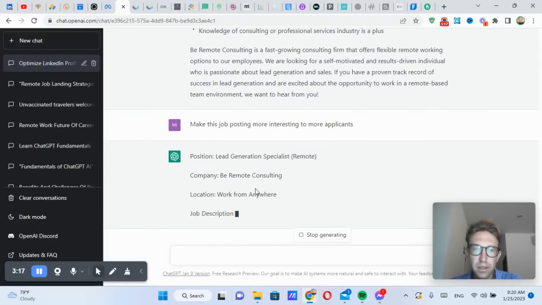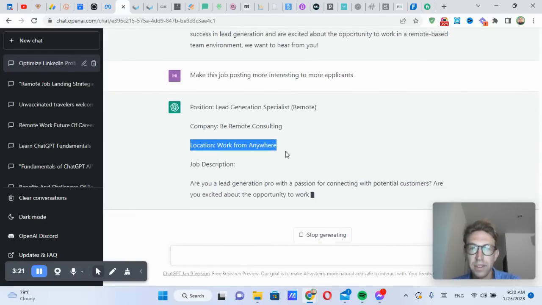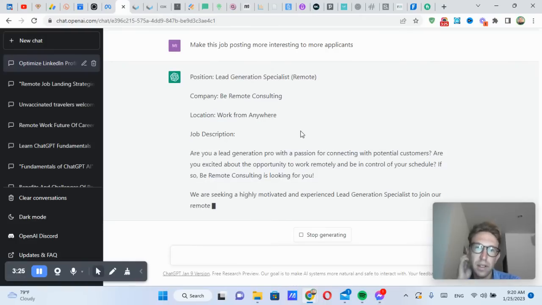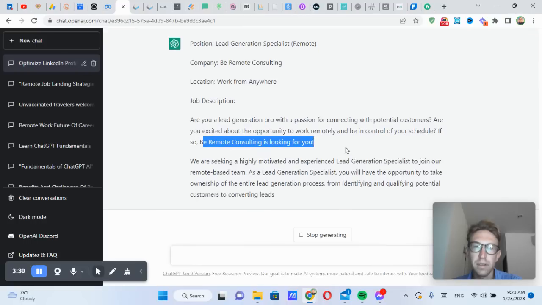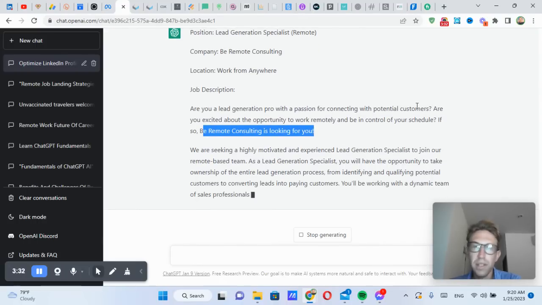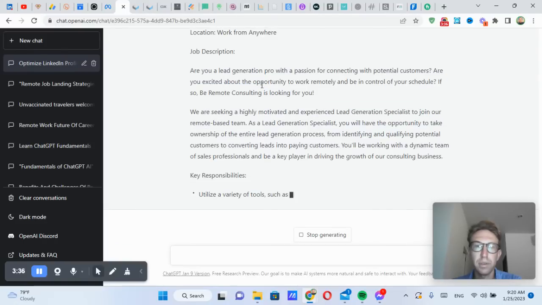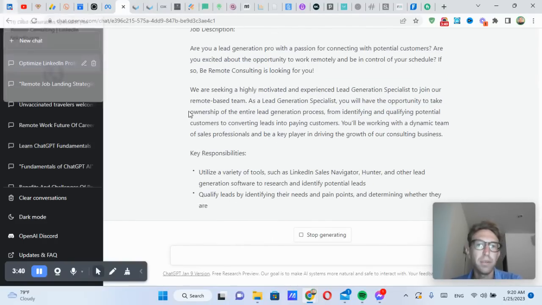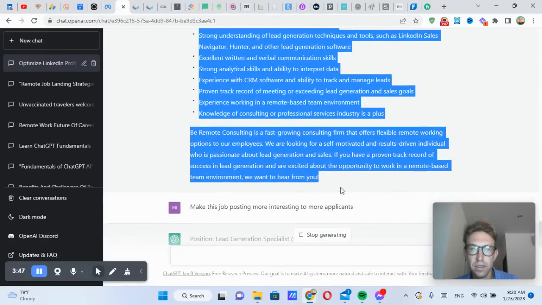So there we go. It's already adding some things. See here, it says location, work from anywhere instead of remote, which is also a keyword. I actually like this one even better than what I have right now. So it's more interesting now, as you can see. Are you excited about the opportunity to work remotely and be in control of your schedule? If so, it's looking for you. But basically the same. So once I have the job description, I can simply copy paste this and then come